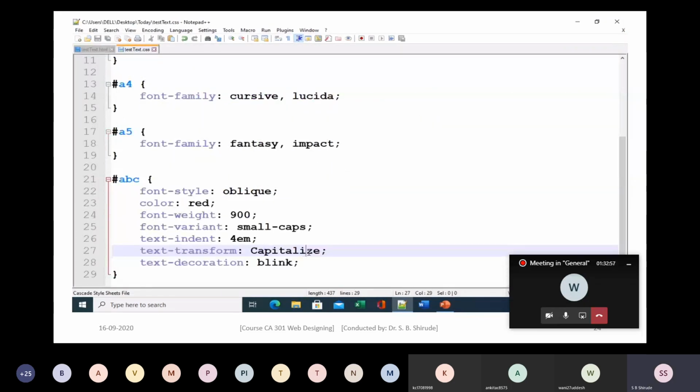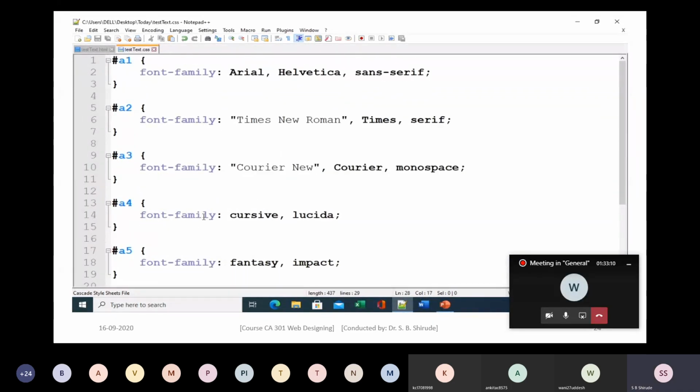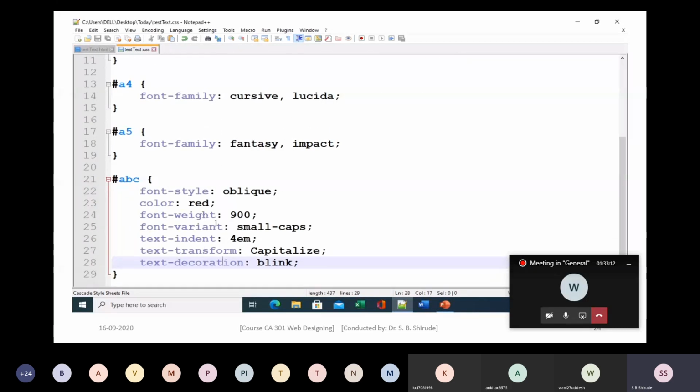So these are the different properties that we can use while working with the text, like font-style, font-family, font-size, then font-variant, font-weight, then text-indent.